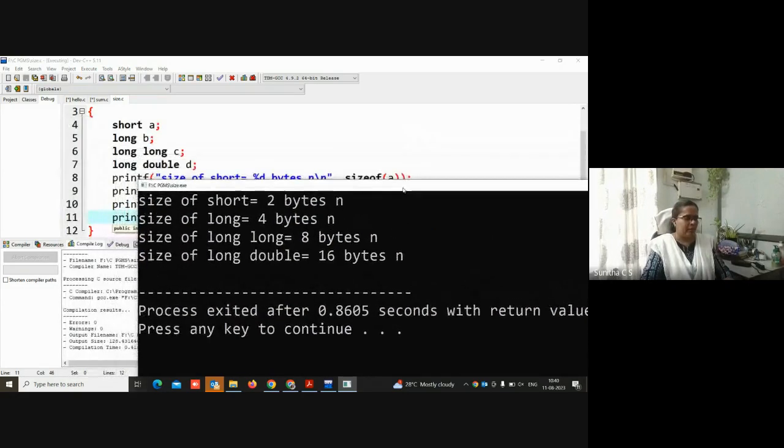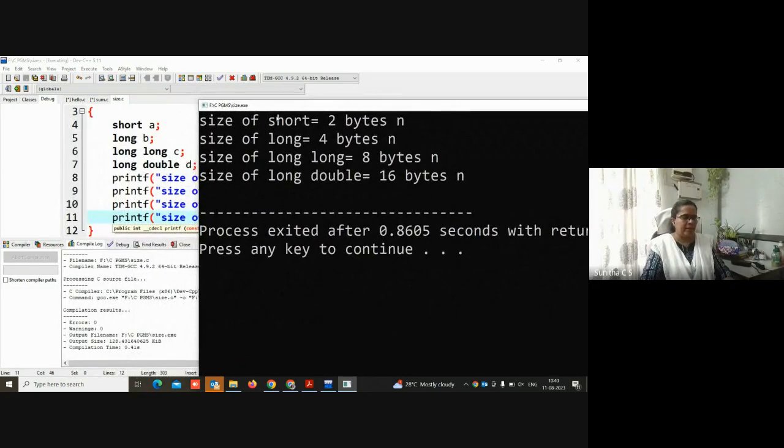basically, when you declare a short, as I told you, it is equivalent to short int. Int takes 4 bytes, so short int takes only 2 bytes. That means only half the range of values which an int can store can be stored inside a short.